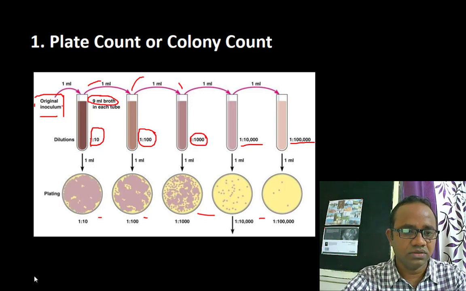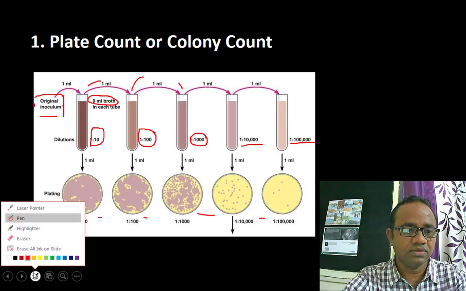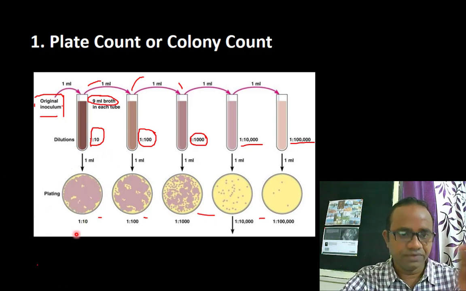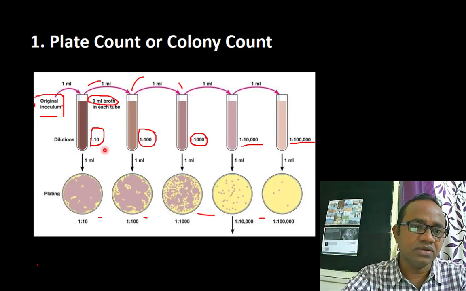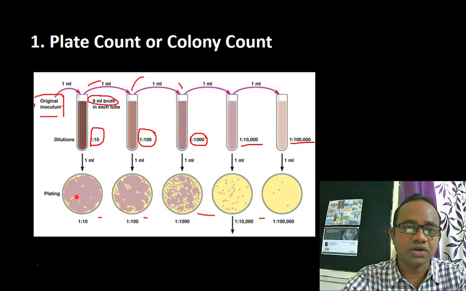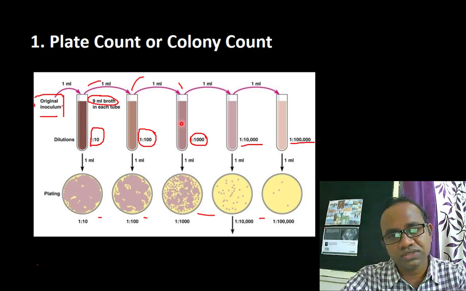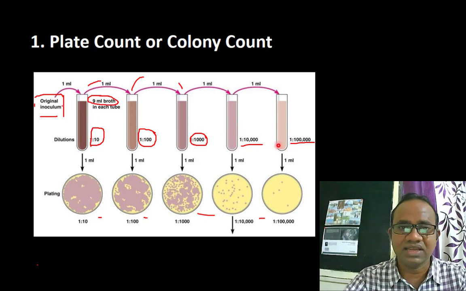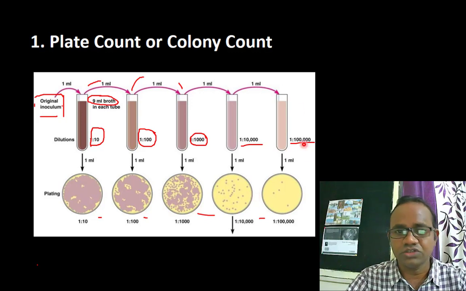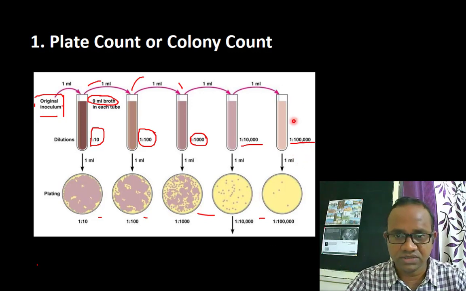Here you can see that the number of colonies is quite high in the case of the first dilution. The dilution is just 10 times, and a 10 times dilution means there are more bacteria, so you will see very compact, overcrowded growth here. You cannot count this particular plate. As the dilution successively increases, the number of bacteria decreases. That means there are fewer bacteria. So when we look at the last tubes, where the dilution is very high, the bacteria are fewer.